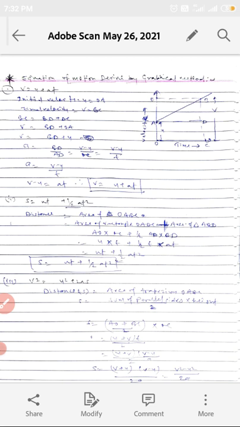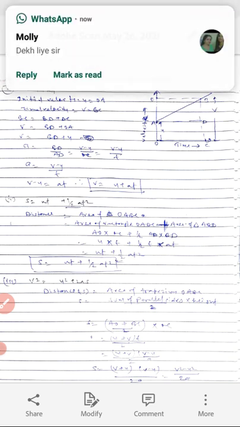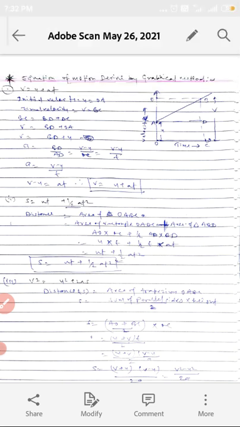First equation, v is equal to u plus at. The initial velocity u is equal to OA. Final velocity v is equal to BC. BC is equal to BD plus DC. So v is equal to BD plus OA, that is, v is equal to BD plus u. Here a means uniform acceleration.